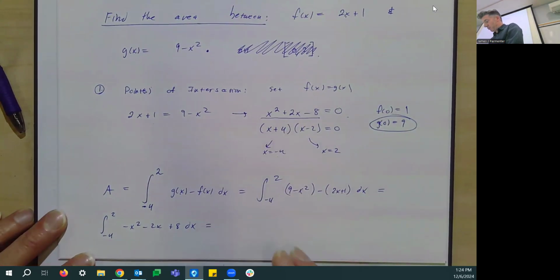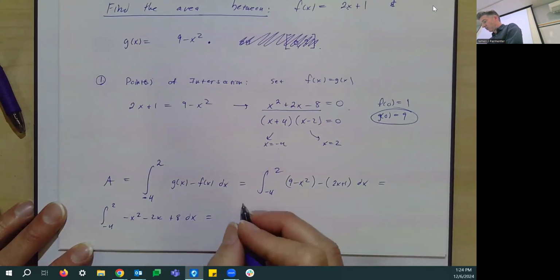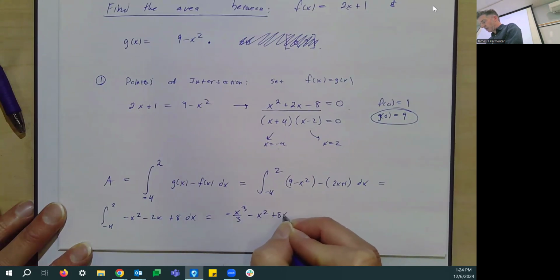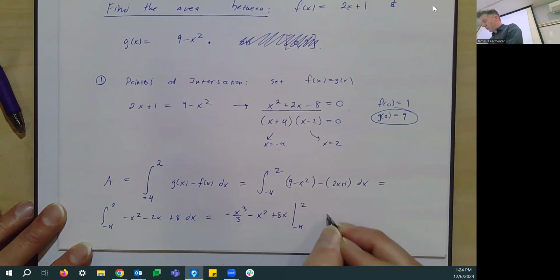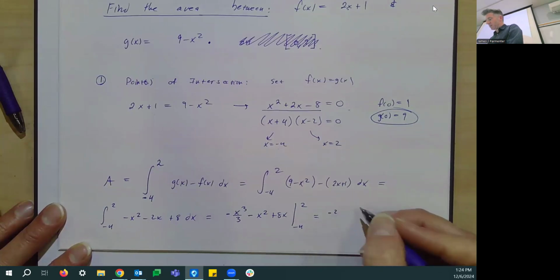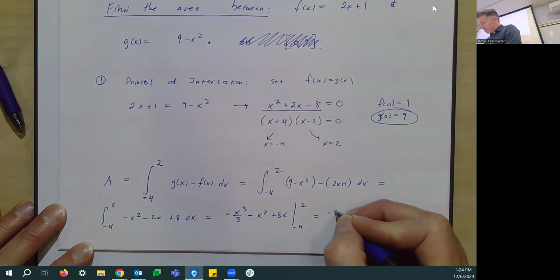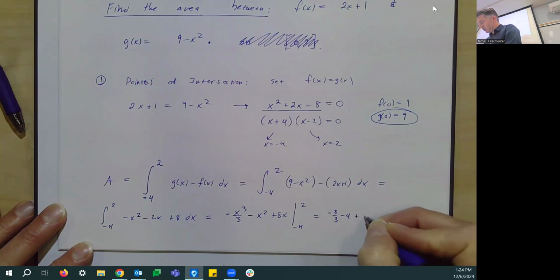The rest of this is pretty straightforward. We anti-differentiate the whole thing. We get negative x cubed over 3 minus x squared plus 8x evaluated from -4 to 2. And then we plug in. Let's be smarter about this. We don't need to write 2 cubed. Let's write 8. So -8 over 3 minus 4 plus 8 times 2 is 16